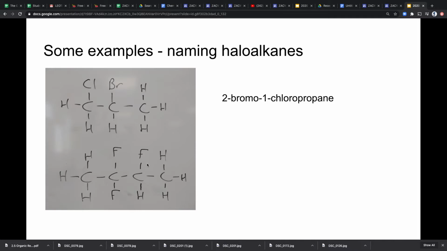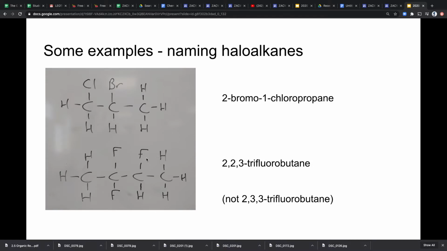Second one's slightly more challenging just because there's more halogens on it. It's not too complex of a molecule, we just got a few halogens to make sure that are in our name. Did you say 2-dichloro? No, fluoro. Yeah, okay, so we have 3 fluoros, right? 3 fluorines. Yeah, we got to use that tri. So I came up with